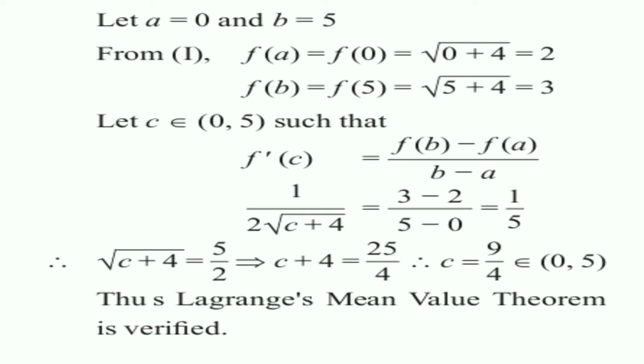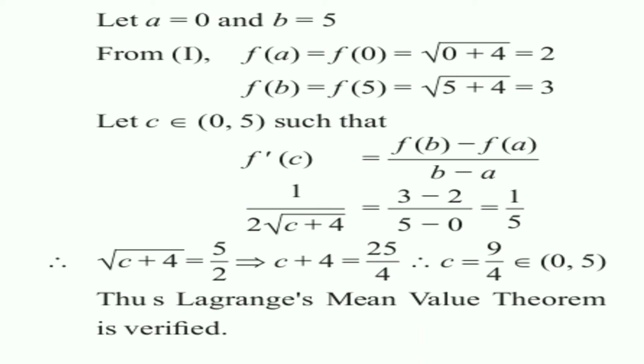From 1, f(a) equals f(0) equals root 0 plus 4 equals 2. f(b) equals f(5) equals root 5 plus 4 equals root 9,